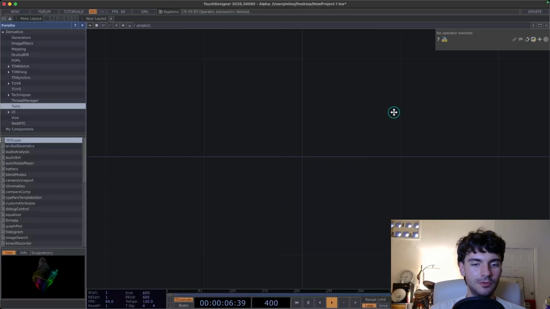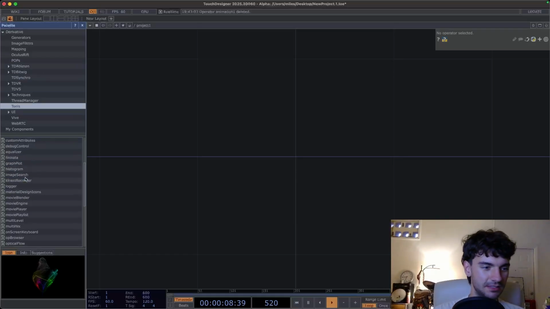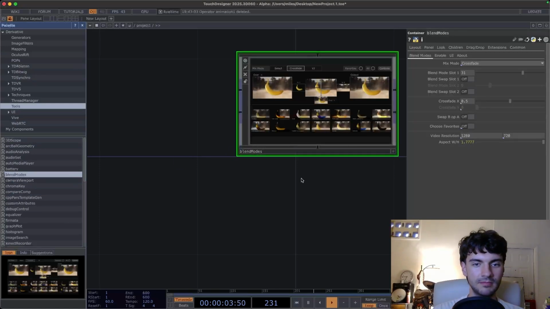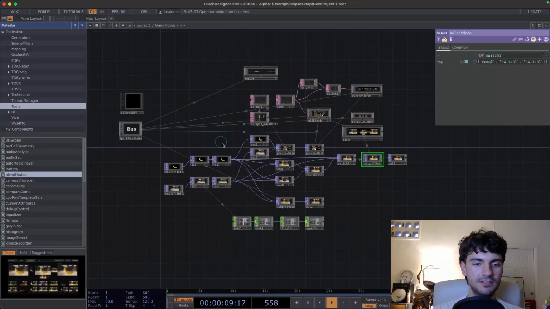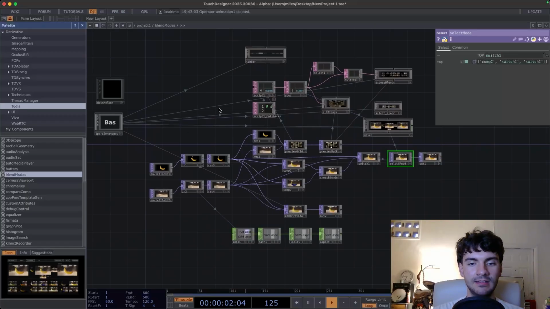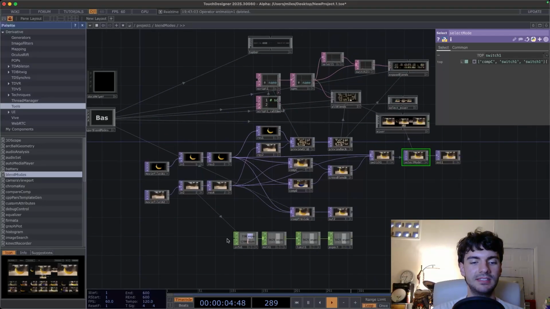And so that's it for the operator dialog. But over here, there's the palette. If you don't see it, you can open it with this button. And this is a bunch of other tools that Derivative made, and it comes natively with TouchDesigner. So like here under tools, there's a lot of different things that we could import, and these are pre-built networks. If you zoom in, go inside it, you can see there's a lot of TOPs and some CHOPs and